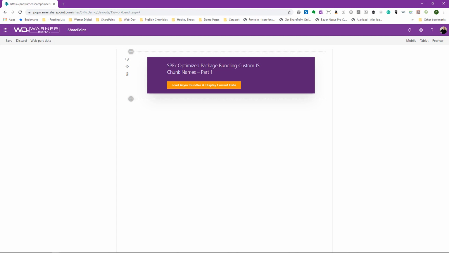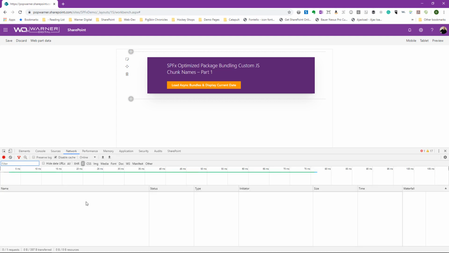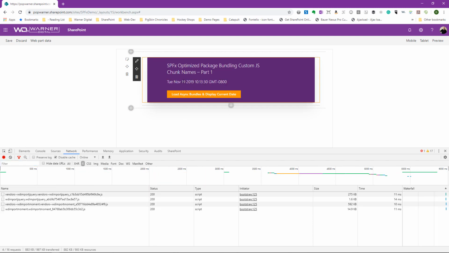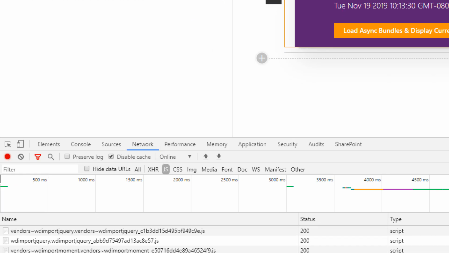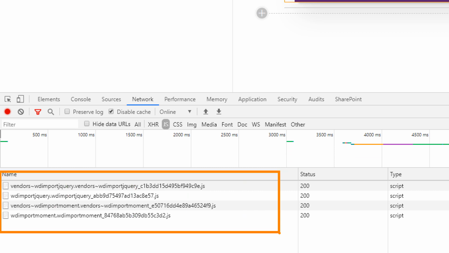So let's go ahead and open up our dev toolbar. We'll want to make sure we're on our network tab so that we can see our bundles asynchronously imported once we click the button. So let's go ahead and click our button. We see that it's successful because we see our date and time displayed in the web part, and we can see that our bundles have been imported down here. Now, instead of that nonsensical numeric value, we can see that it includes our chunk name,